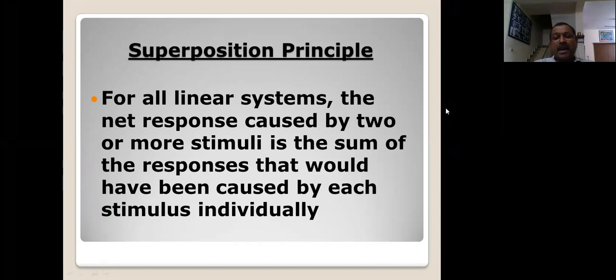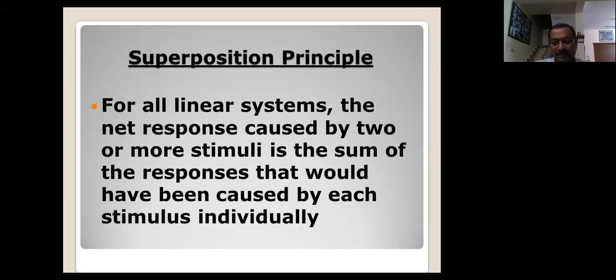Sometimes you may have more. If only one input is there, the system is very simple. You get the output directly. It's okay. When the input increases, say 2, 3, 4, or let us say 1,000, then it turns out to be a very complex problem. Initially, it may feel like a very complex problem.